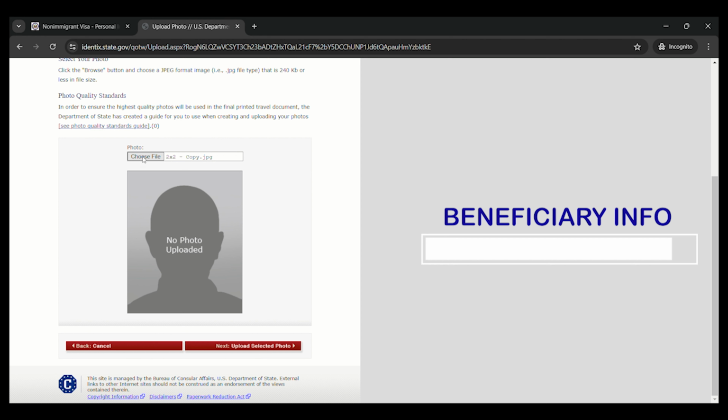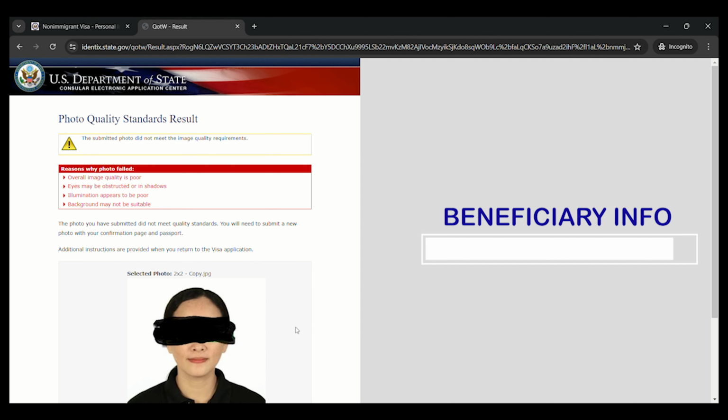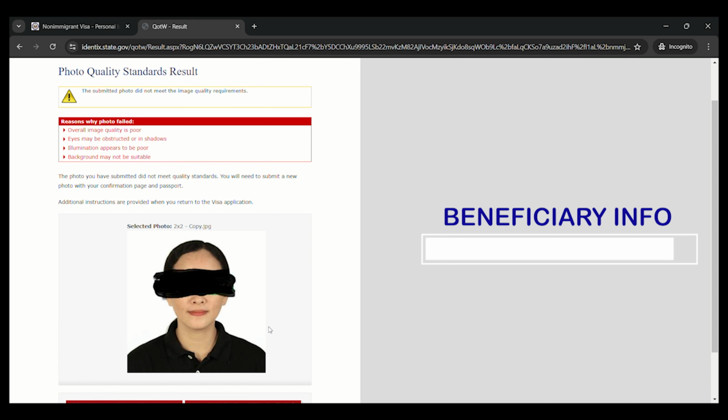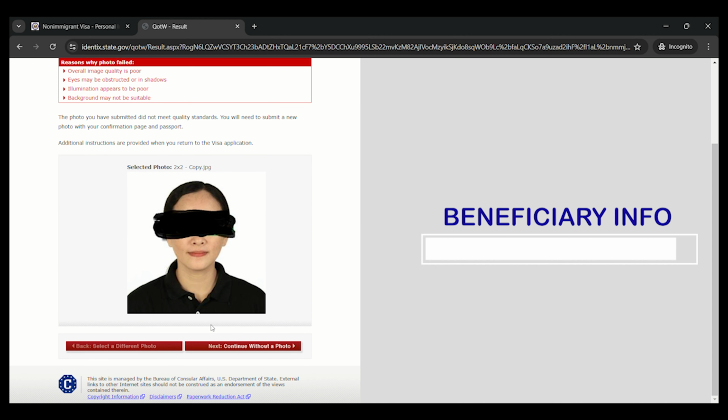Okay, so after you chose file, next is upload selected photo, right? And then, well, of course, it will reflect the errors in this sample photo that I uploaded because I covered my eyes for this one. But when you upload, this is basically the next step, okay?